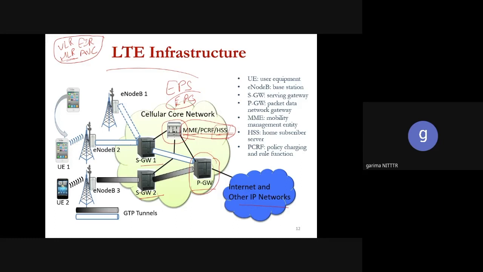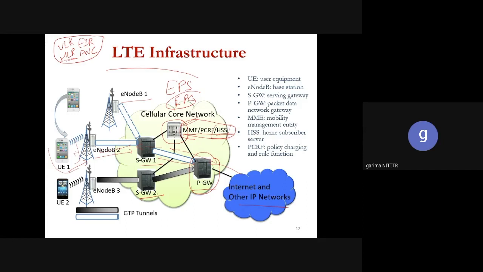Similarly, we have this e-node B equipment. Whenever you place a call or a request, this request is forwarded to e-node B. E-node B forwards it to the connected serving gateway. Serving gateway will forward that request to packet gateway, and as per your request, you will get access to your requirement. And finally, as per the data charges or policy charging and rule functions you have defined for your plan,